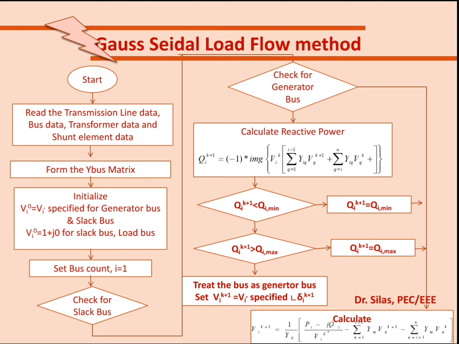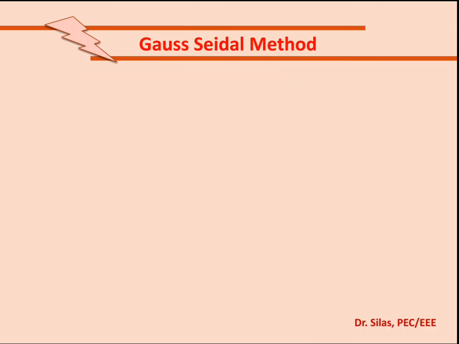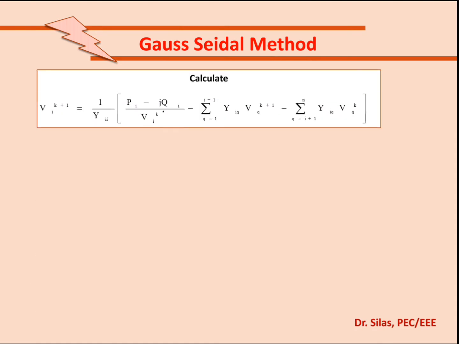Now here we have determined the voltages of the buses. Now you consider 2 points. I have set a red point, which is the outer loop of this algorithm. Similarly, a green dot refers to the inner loop of this algorithm. Now by using this equation, we have determined the voltages. Now you calculate the change in voltage from the value calculated by the voltage equation and the initialized voltage.